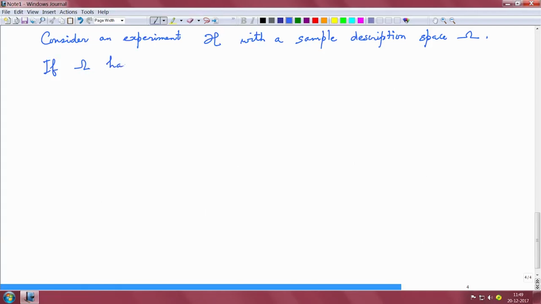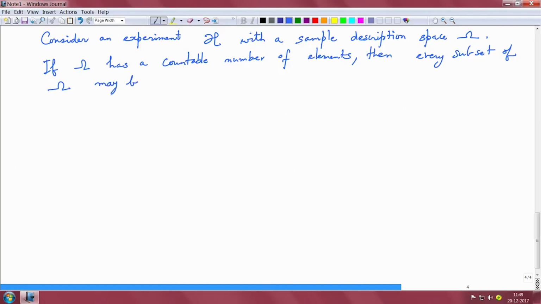If omega has a countable number of elements, then every subset of omega may be assigned a probability consistent with the axioms such that